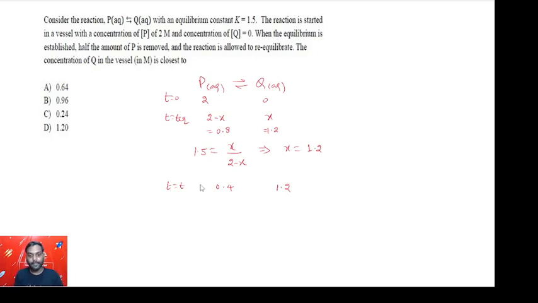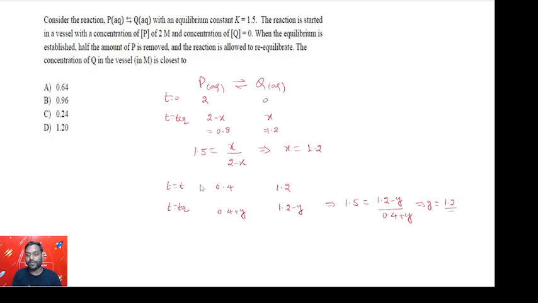So let us say at second equilibrium, from 1.2, Y concentration of Q has decreased and Y of P has increased. Because it's the same reaction at the same temperature, K will not change. So K for this is still 1.5. So this implies 1.5 is equal to 1.2 minus Y upon 0.4 plus Y. On solving this, we get Y as